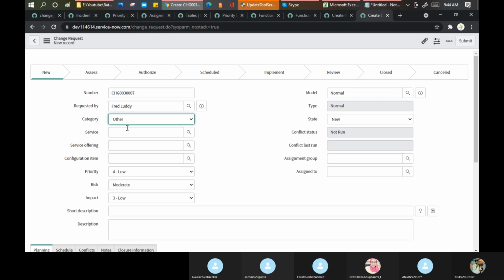Fred Ludy. See, it is not taking this. The reason can be because in the background I'm assigning that change to the incident team. What will my incident team do? The same thing goes for Alex. But for Alex it will work, I am hoping.